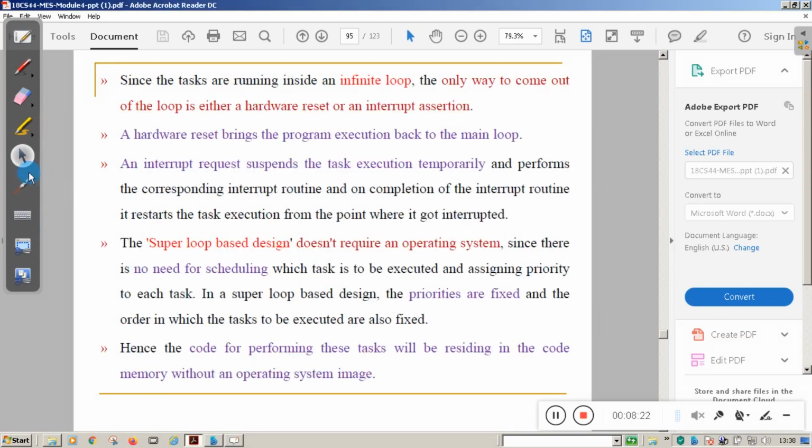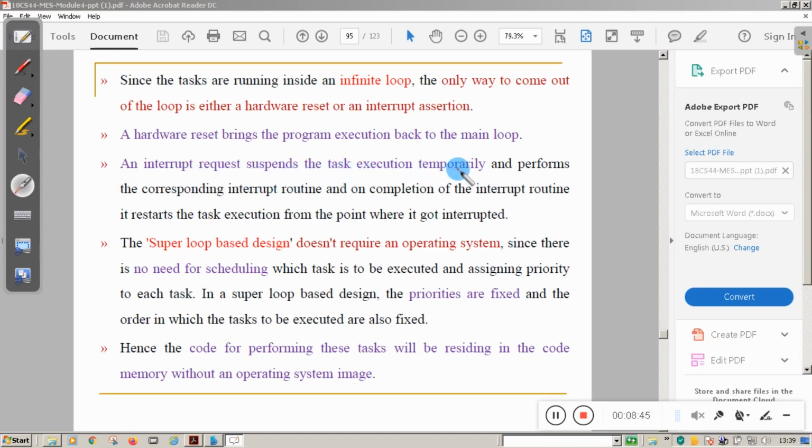Now since the tasks run inside the infinite loop, what is the way to come out of that loop? One way is either a hardware reset or interrupt assertion. By resetting the hardware, the program execution goes back to the main loop. Otherwise, an interrupt request suspends the task execution temporarily.